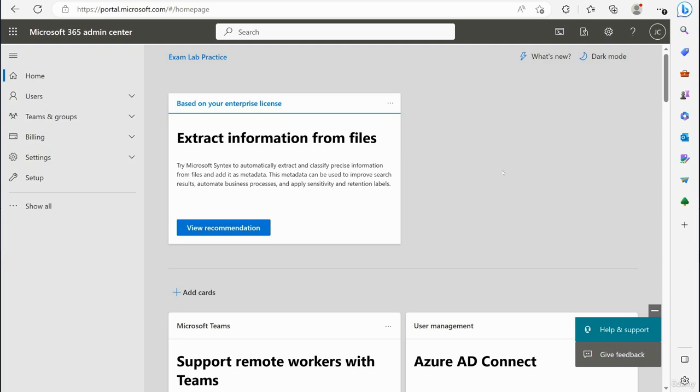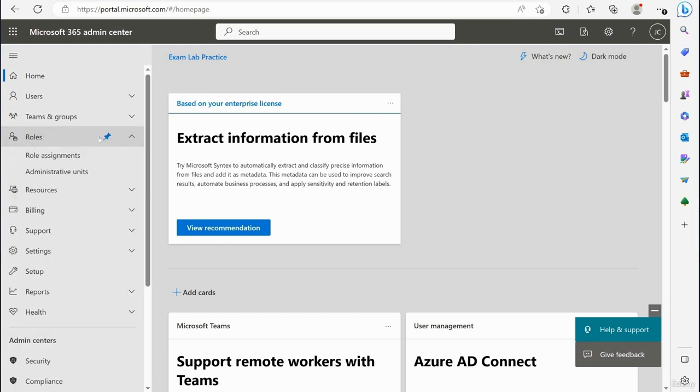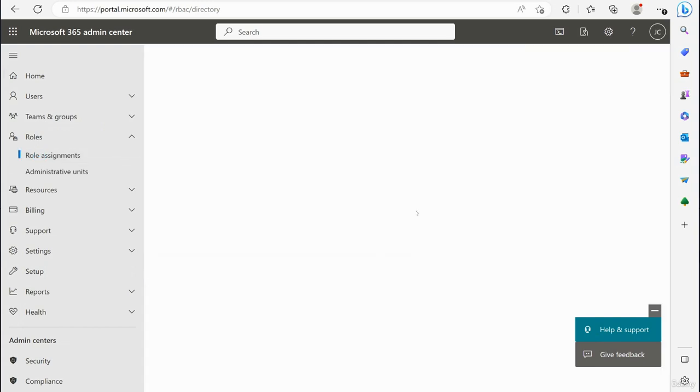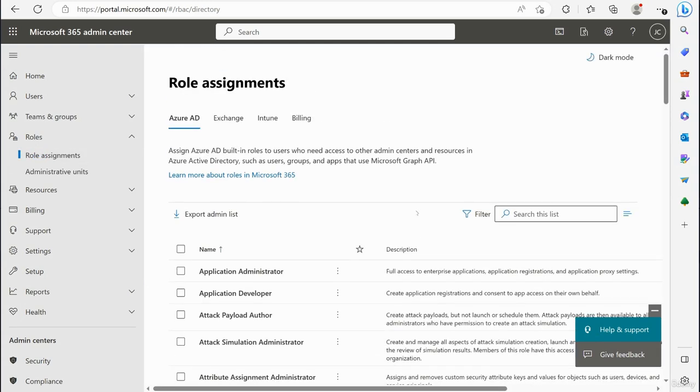I now like to go over roles in the Microsoft 365 and Azure AD environment. So here we are on portal.microsoft.com, and if I click the show all ellipse symbol here, you're going to see there's a little drop down that says roles. We're going to click that, and then we're going to click on role assignments. So roles is going to be the main way that we provide administrative access in the Microsoft 365 and Azure